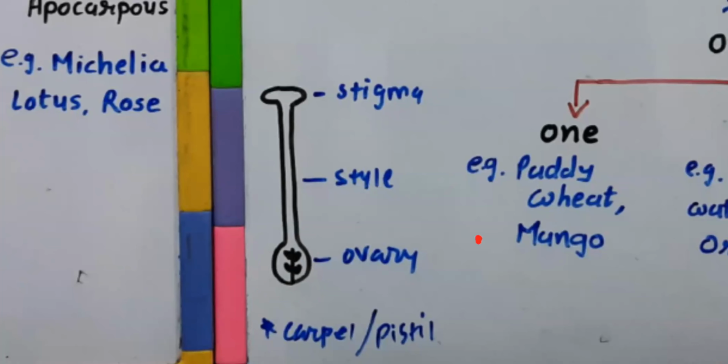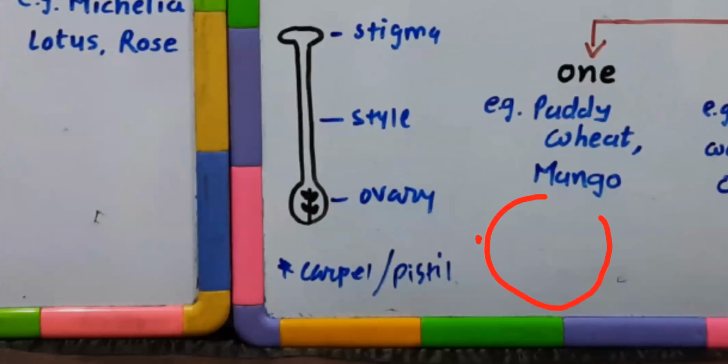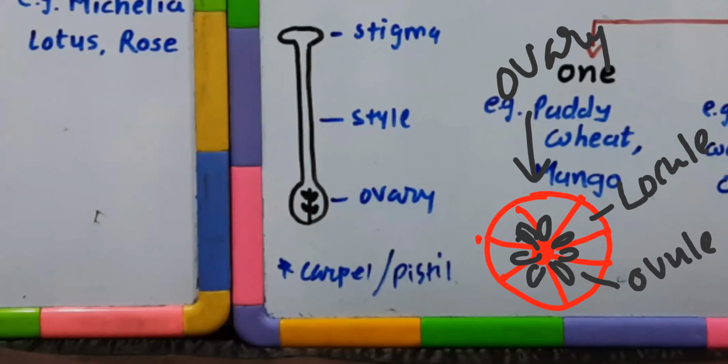This ovary carries chambers which are called locules. For example, if you take a sectional view of the ovary, you might see the kind of chambers in it. And within these chambers, there can be seeds. Now, these seeds are obviously ovules, I would say, in an immature state. They are the ovules rather. So this is the locule, the chamber of the ovary. The whole stuff is an ovary in a sectional view.